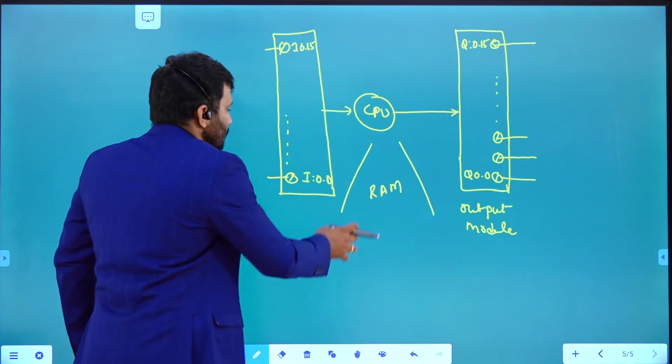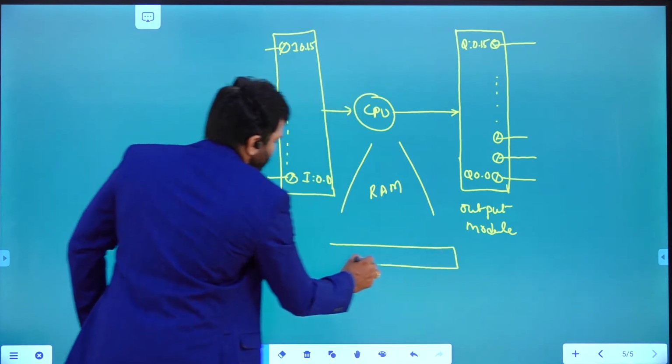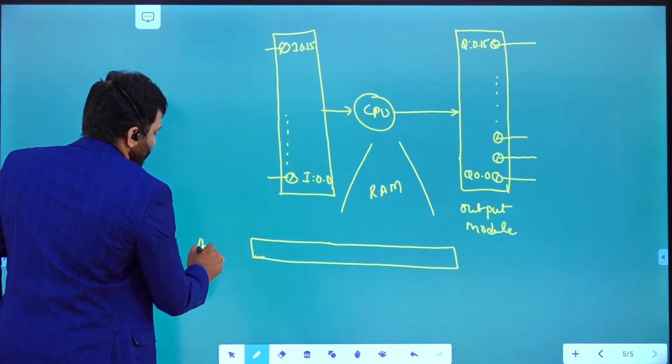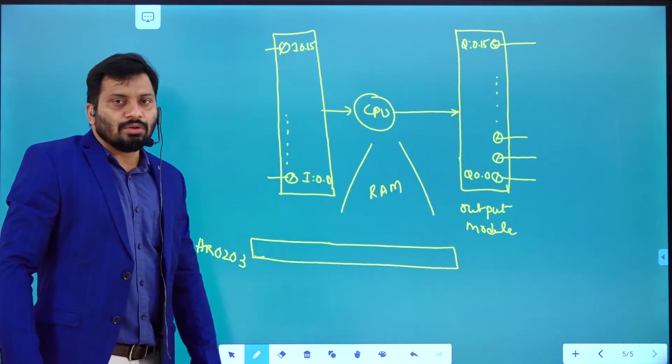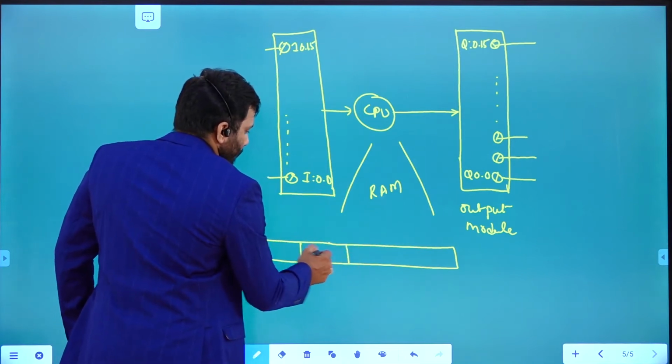For example, in this RAM, I consider one register. Its address is holding register 0203. It may contain some data.